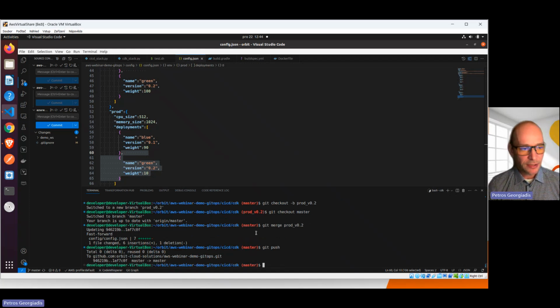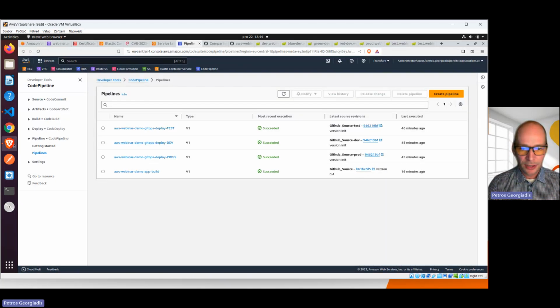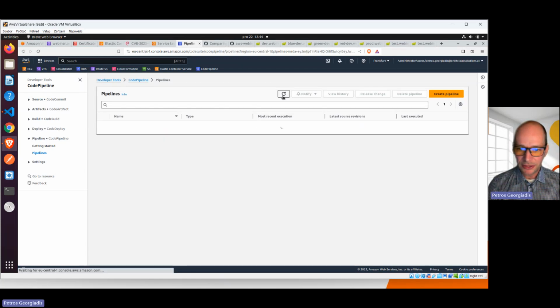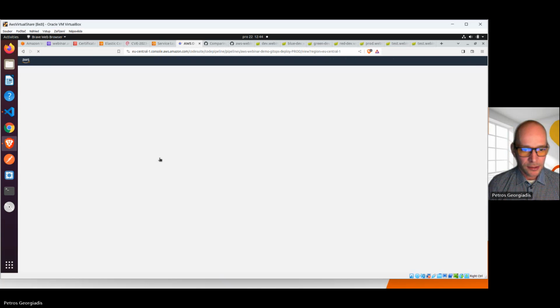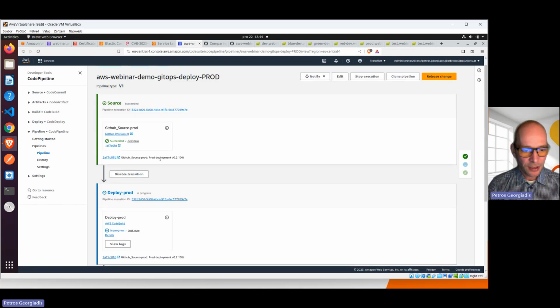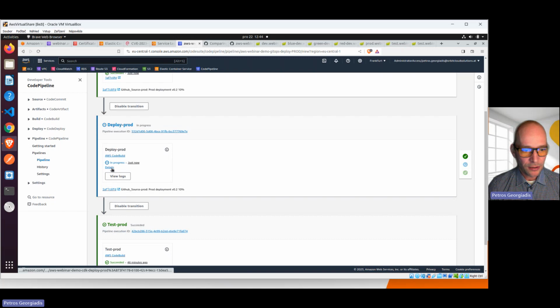Cool, it happened. And at this time, this pipeline should get triggered. So let's see if it noticed already. Yeah, and it did notice that I've done changes, and you can see the commit message in here. Product deployment version 2, 10%. So this is what is going to happen now. And if I look into the